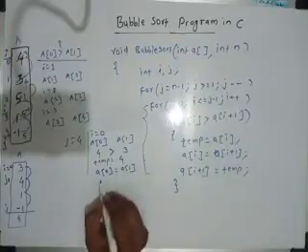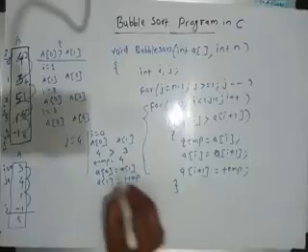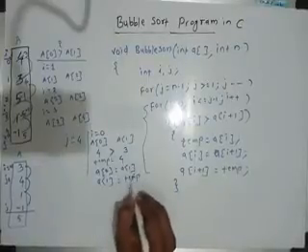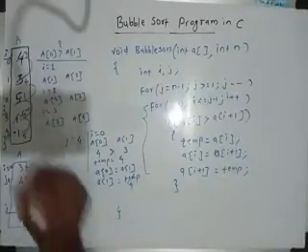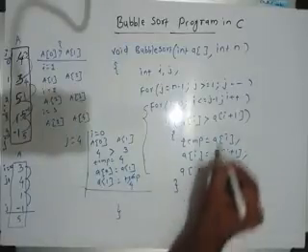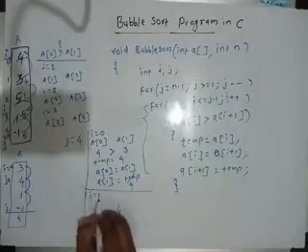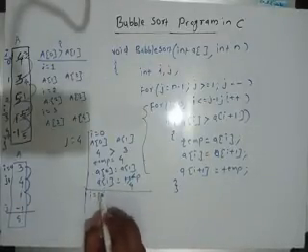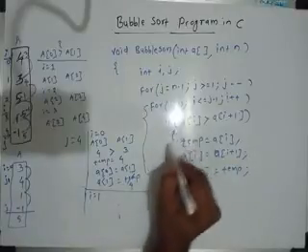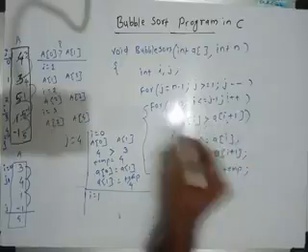So I bring a of 1 equal to temp. So I have 4 here in a of 1. Right? So now after doing this, I go up here and increment my i, which becomes 1, while j is still 4. When i becomes 1, again I check whether a of 1 is greater than a of 2. So if it is so,